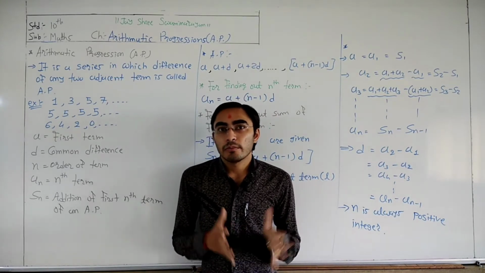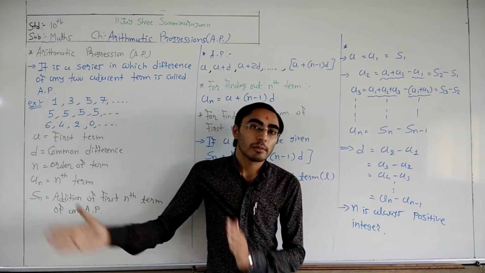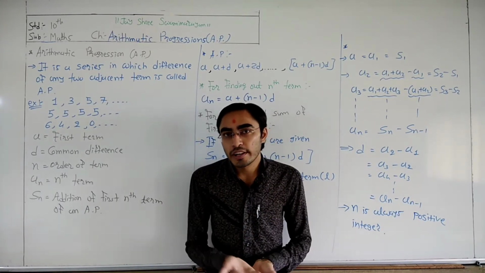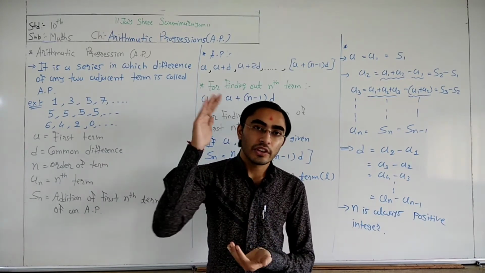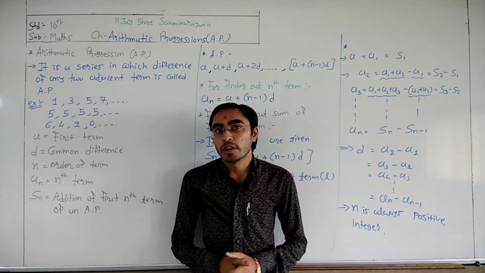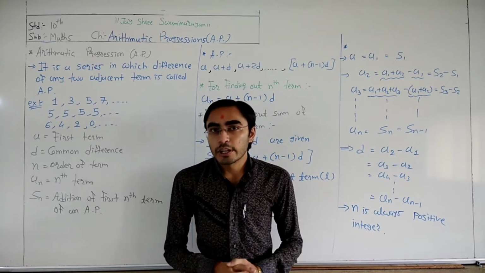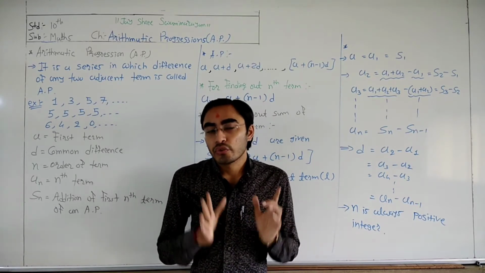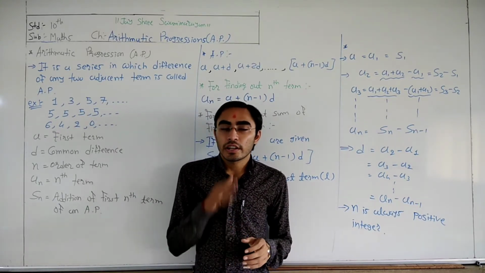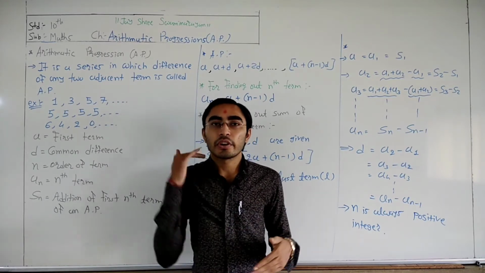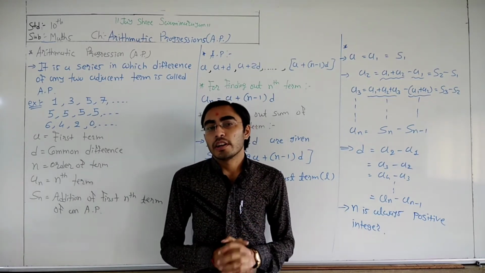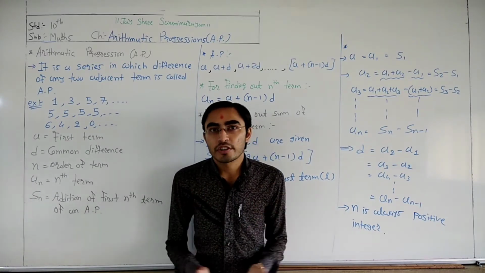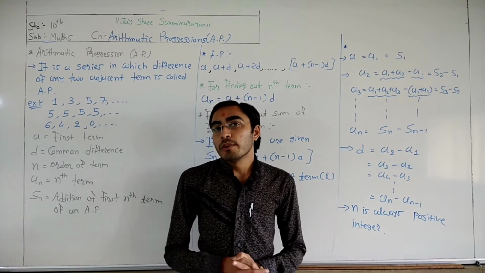Arithmetic, we know the basic arithmetic processes: addition, subtraction, multiplication, division, right? Arithmetic progression means, numerically, either a continuously increasing number or a continuously decreasing number. And the second thing for arithmetic progression is that the difference is the same. That means either the same number is continuously added or the same number is continuously subtracted. That is AP.